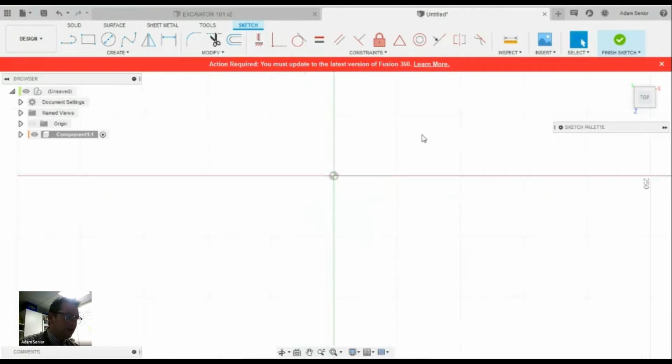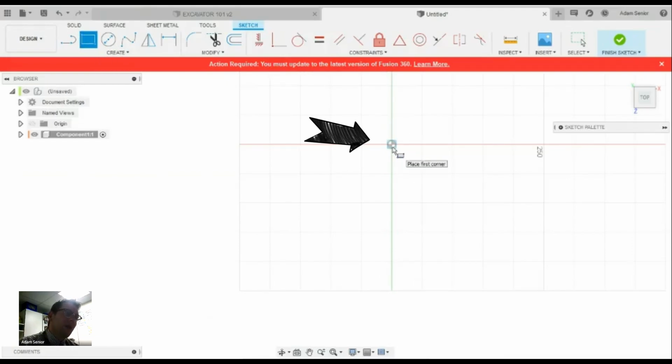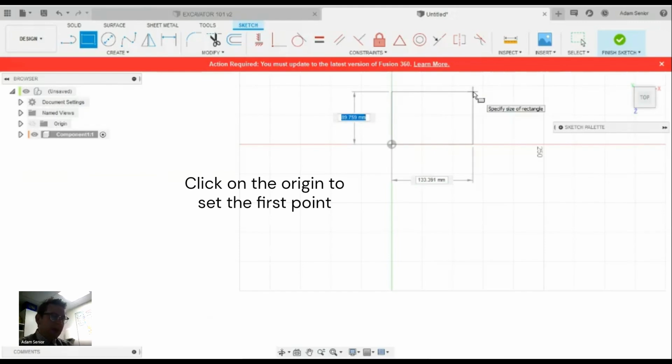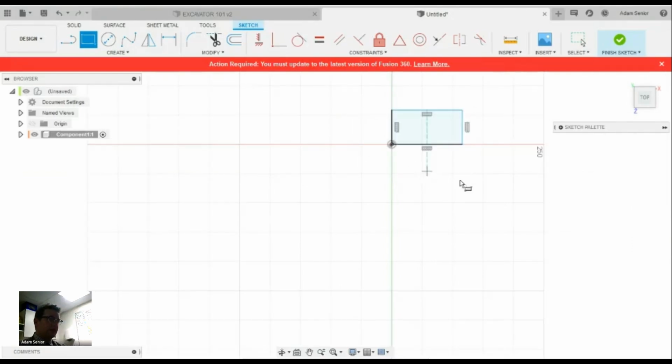We can then start drawing a simple rectangle by selecting the 2-point rectangle tool and then hovering over the origin point. The origin is where those 2 axes intersect, where those 2 lines cross over from each other. At this stage, we'll just draw any old size. It doesn't matter at the moment what sort of size,